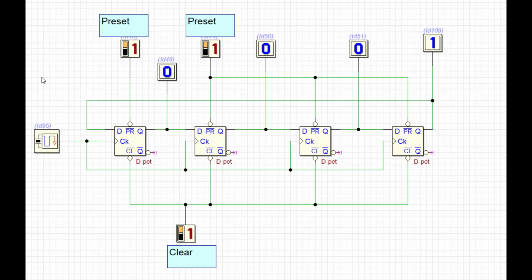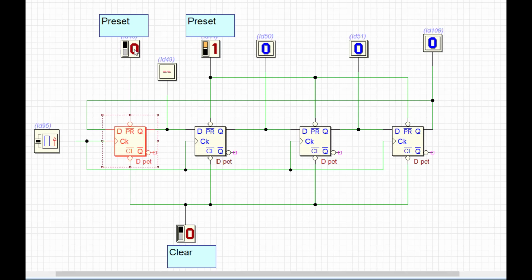The only thing you should remember is that you have to give your preset input carefully. Suppose I take a longer period, what happens? If you keep the preset for a longer time, this 1 will go to this flip-flop and again go to the next flip-flop. I'll show you what happens if we keep it for a longer time. Let's make clear all 1. So I'm going to keep my preset input for a longer period. You can observe this first becomes 1 and this 1 will transfer and this also becomes 1.